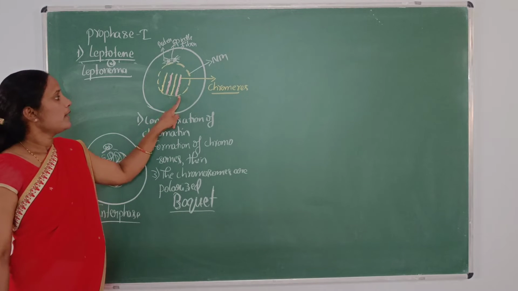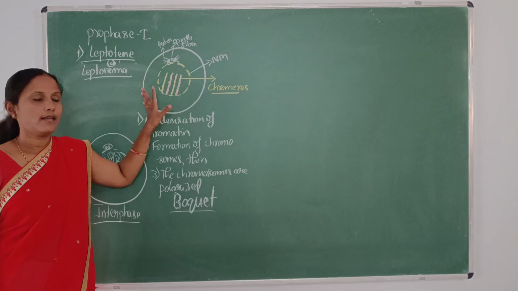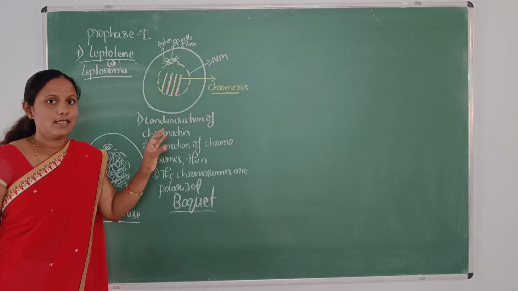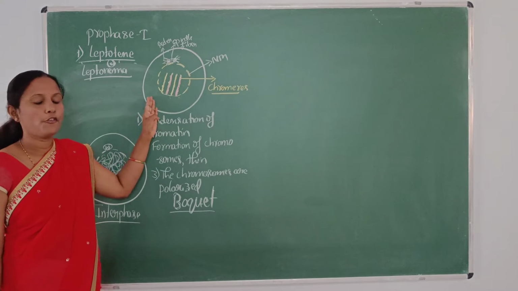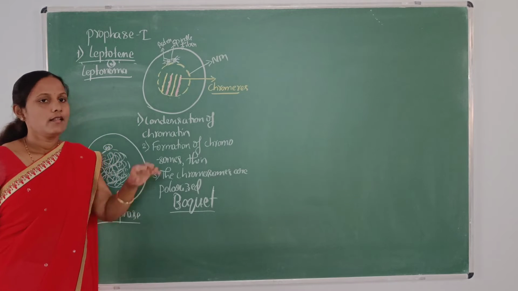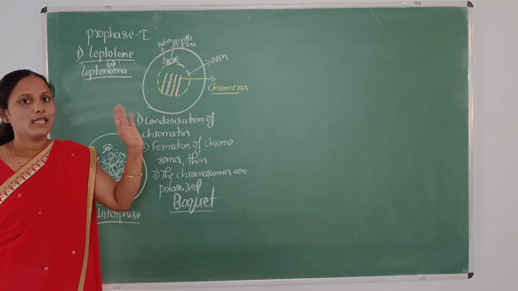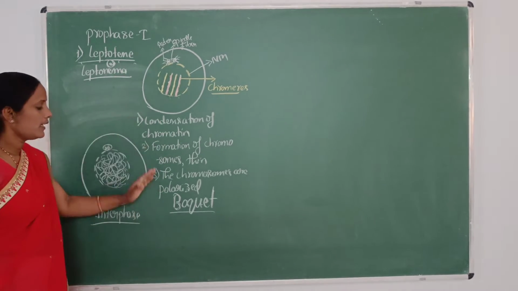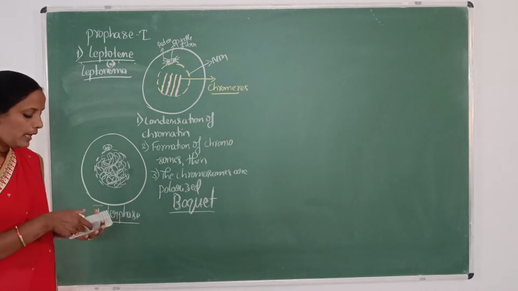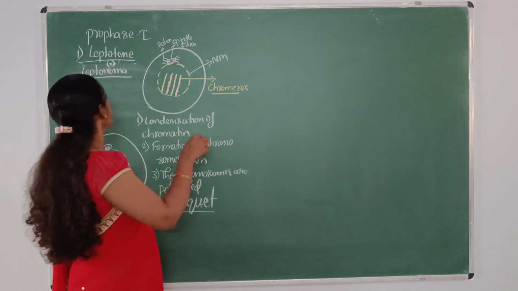That is, this pink and this pink are one similar kind, and these 2 are similar kind. That represents, because it will be easier for you to understand the pairing of homologous chromosomes in the next phase. So these are the events in the leptotene, and the next stage is